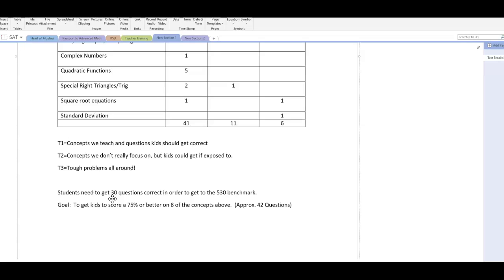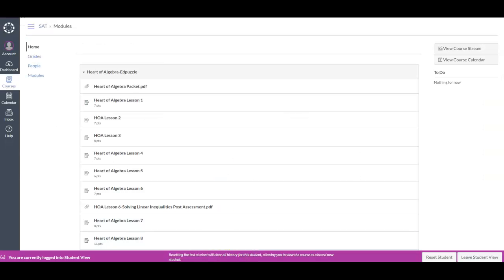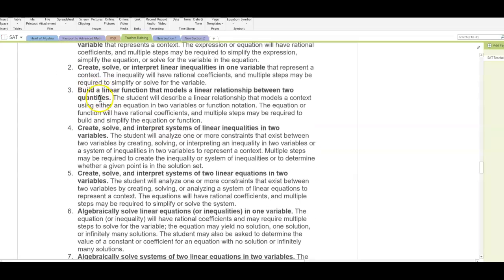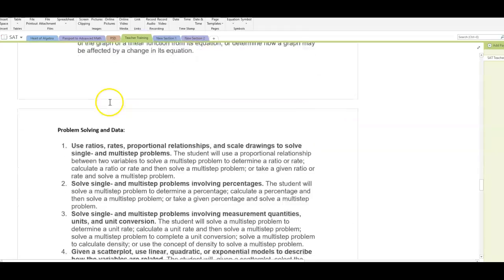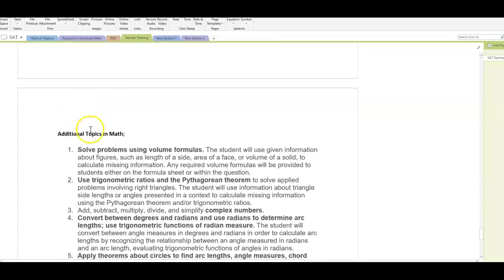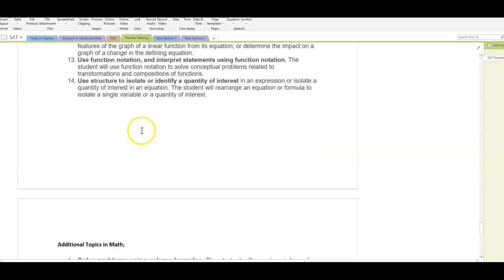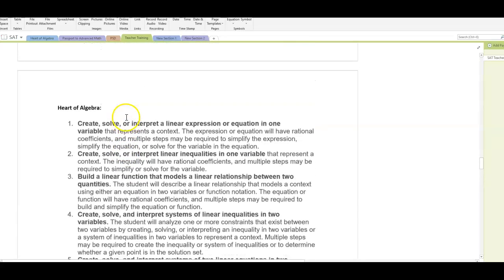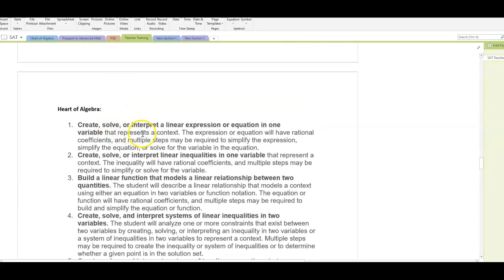Now I had to take it a step further and learn more about the test. I went to College Board's website and noticed right away that the test is broken up into 4 domains: heart of algebra, problem solving and data, passport to advanced math, and additional topics in math. And within each of these domains, it breaks it up into standards. Now, I kind of wish I knew this when I first started